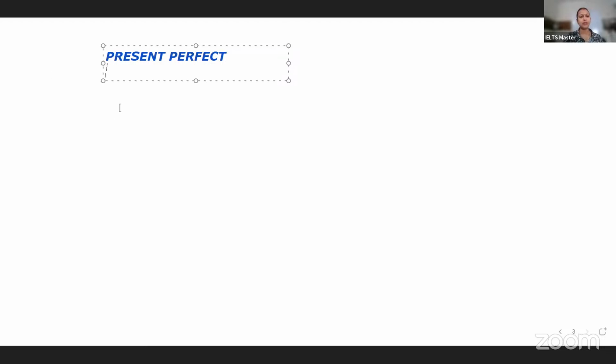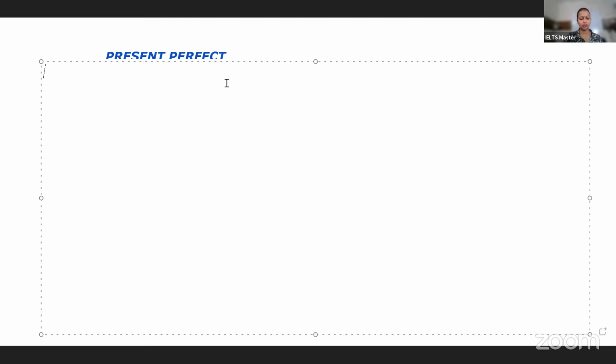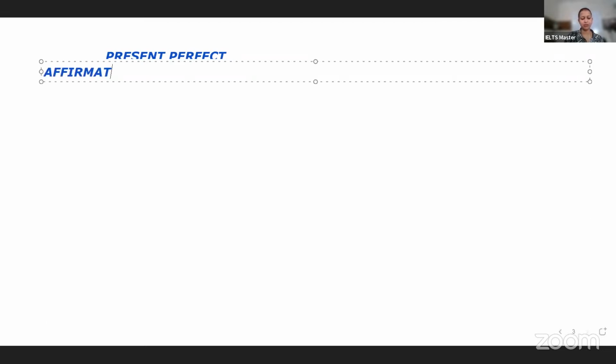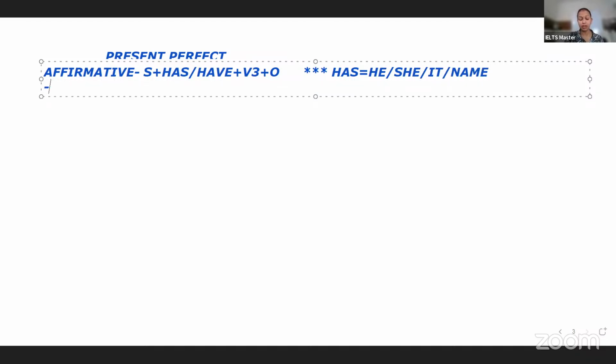In terms of present perfect, we have different forms. So the first is affirmative. In case of affirmative, the formula is subject plus has or have plus V3 plus object. The condition is we use has with he, she, it, or with any name. For example, we have